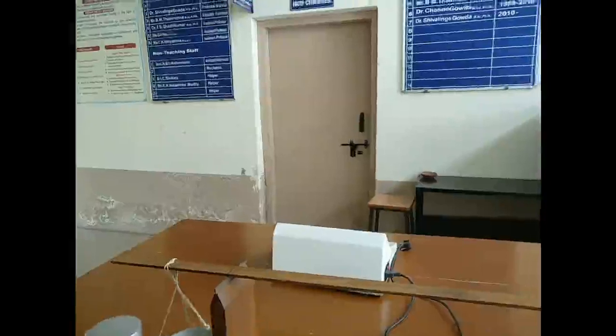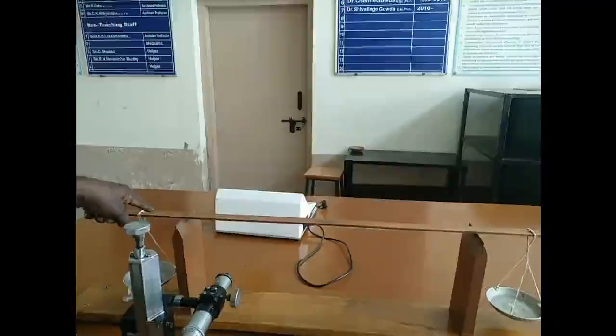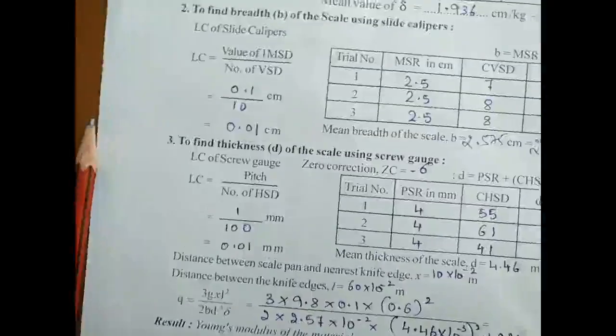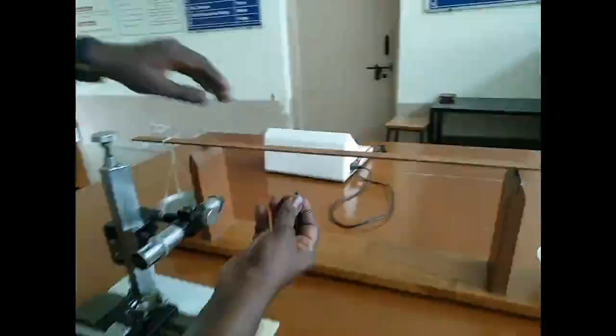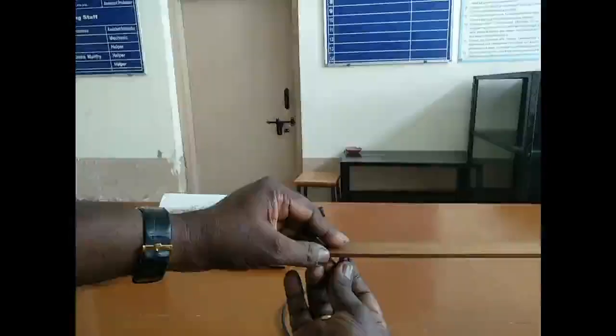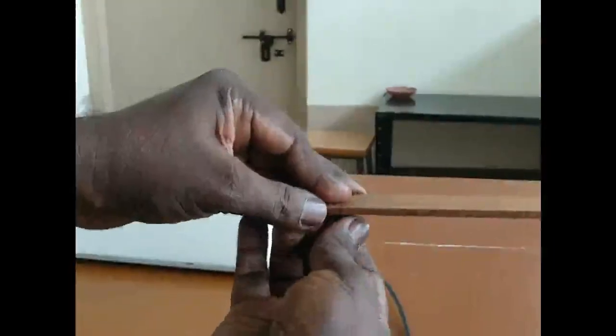Here the distance from the scale pan to the vertical upright, that is X on either side, will be common on both sides. And the distance from here to the scale pan, that is X, you can take as 10 centimeter. That value is taken as X is 10 centimeter, that is 10 into 10 to the power of minus 2 meter. Now, we have taken one reference needle, and that reference needle will be fixed vertically in the downward direction like this. This is the reference needle to find the elevation of the scale.